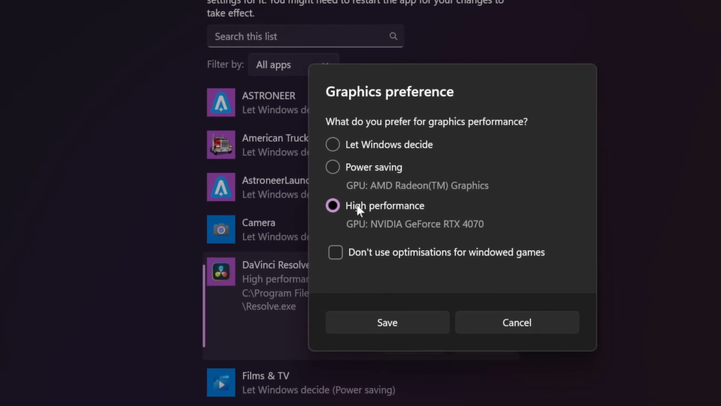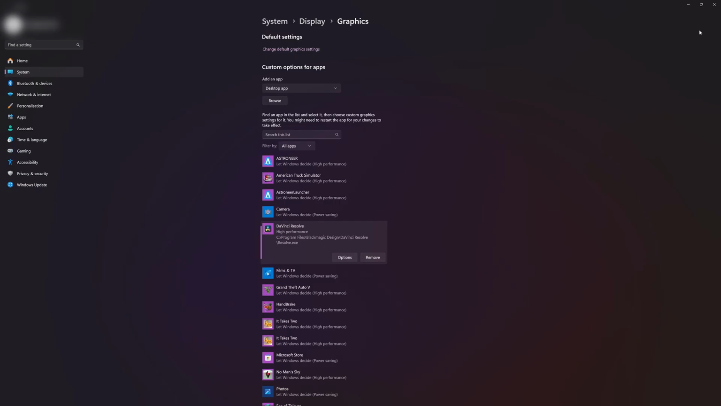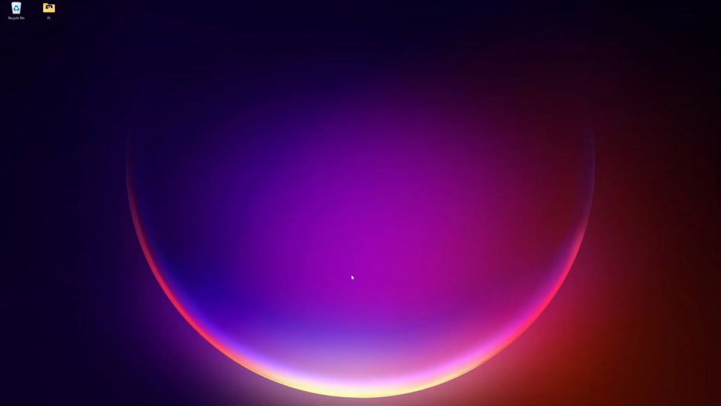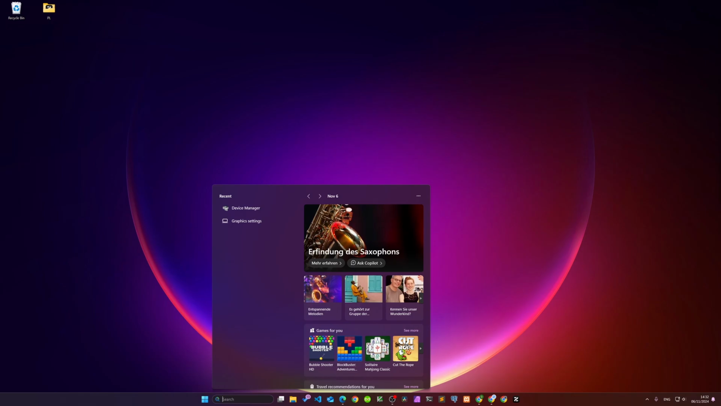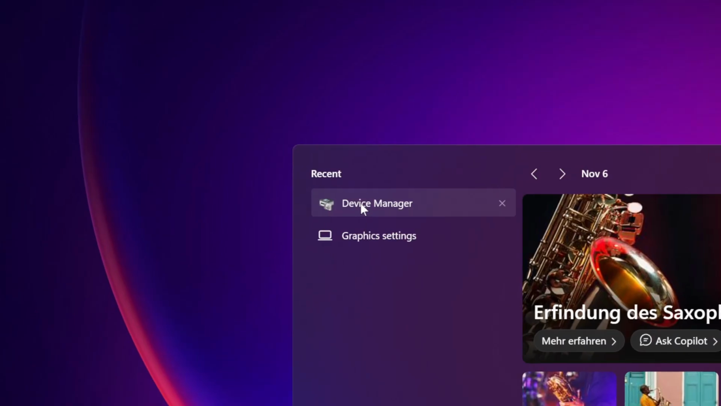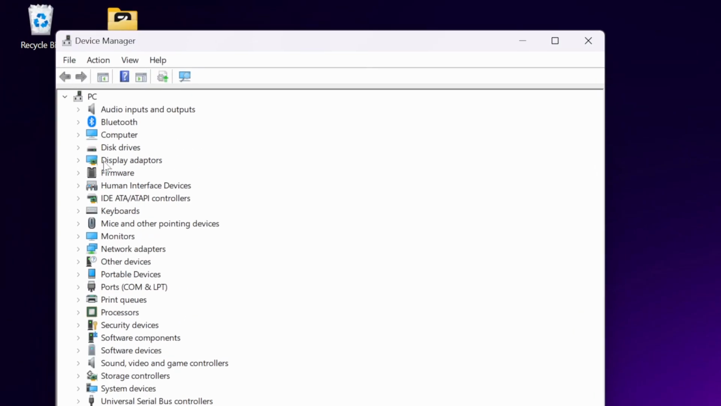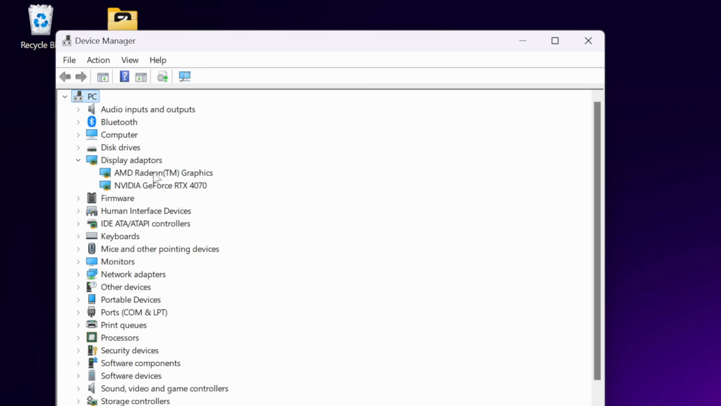and select High Performance. Click on Save, and the error should be fixed. In case of the error still being persistent, simply go to your device manager, so search down here and select Device Manager. Next, you want to go to Display Adapter, click on here, and here you can see the graphic